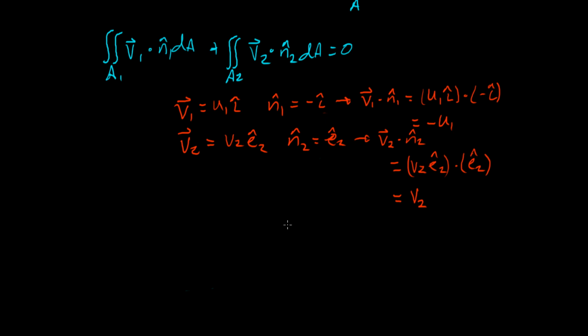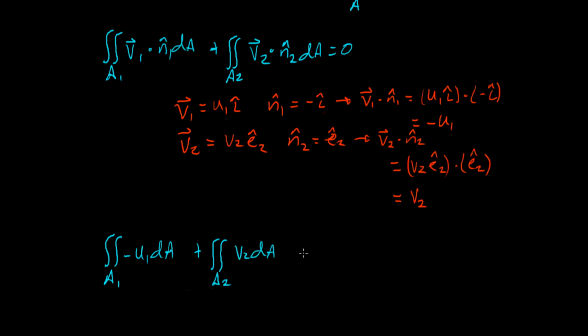So now we can take what we've just discovered and sub it in here. V dot n at station 1 is just equal to minus u1, so we can write integral over A1 of minus u1 dA. V2 dot n2 is just equal to the magnitude v2, and so that's the integral over A2 of v2 dA,